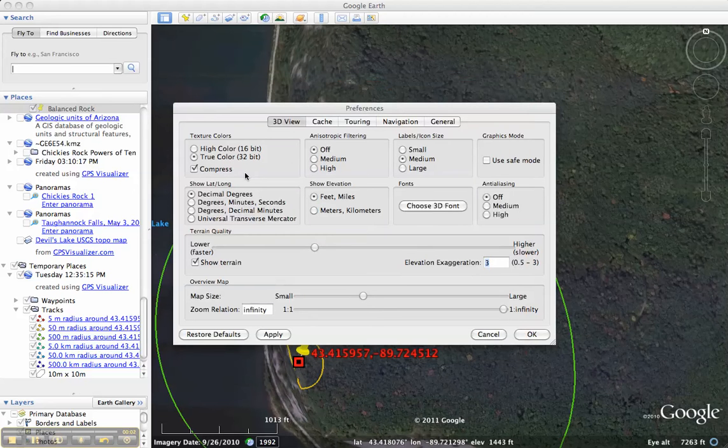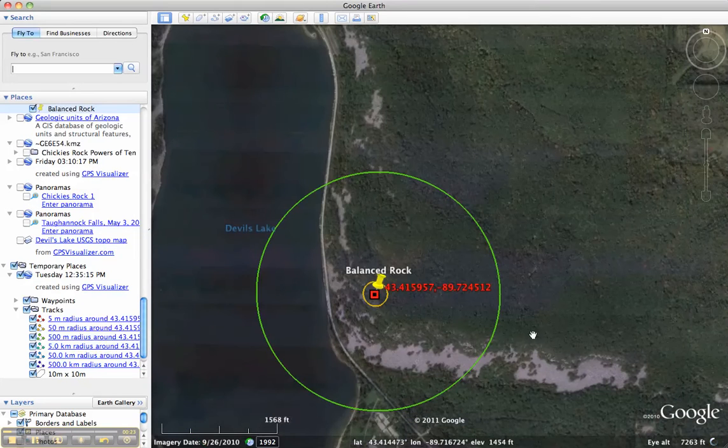Alright, so for the next part, one thing that I realized is that it's kind of silly to have my vertical exaggeration up so high, and it's also worth pointing out to you that it's easy to change it from anything between 0.5 and 3. So I'm again in the preferences in the 3D view, I'm turning down the vertical exaggeration so my circles on cliff faces are